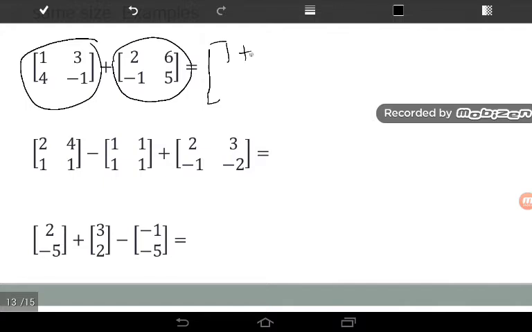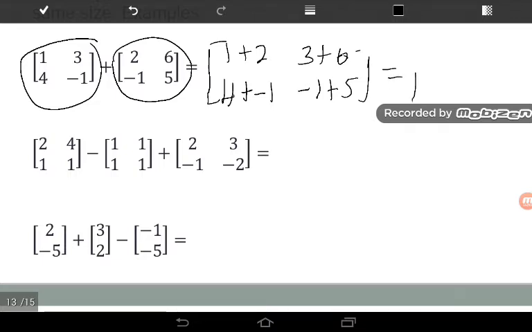1 plus 2 and 3 plus 6, 4 plus negative 1 and negative 1 plus 5. So you have 3, 9, 4 minus 1 is 3, and negative 1 plus 5 is 4. Second one is also the same,